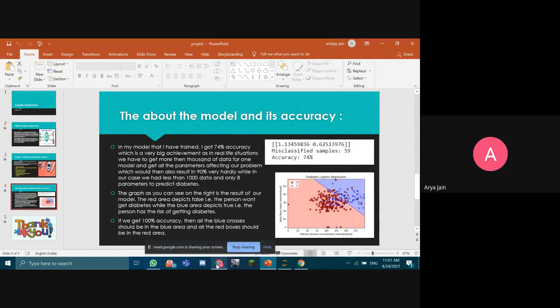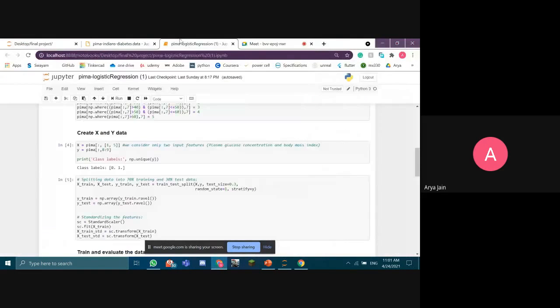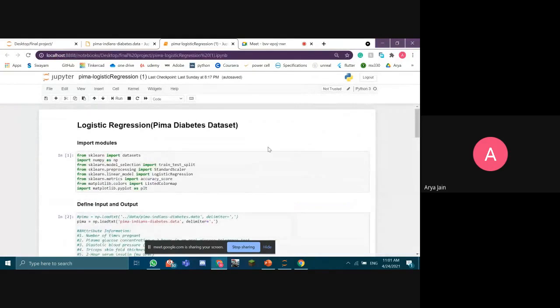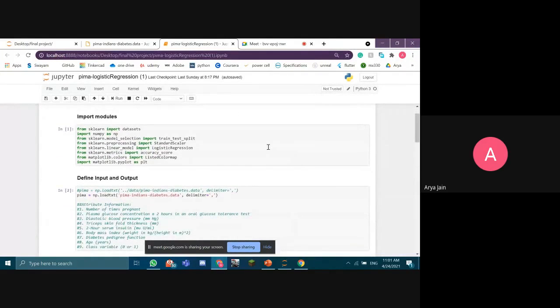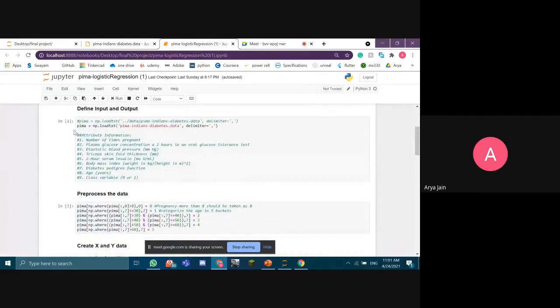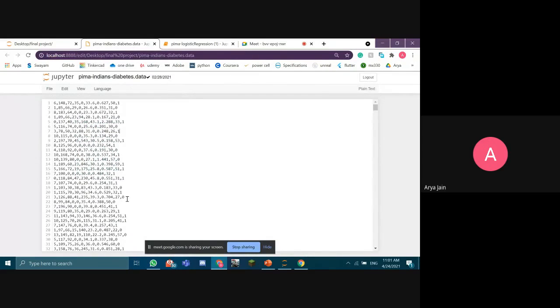I'll just show the code. So this is the code of our model. In the first cell, I've imported all the libraries that we need for logistic regression. Then in this cell, I have imported the PIMA Indian diabetes data set, which I'm using.